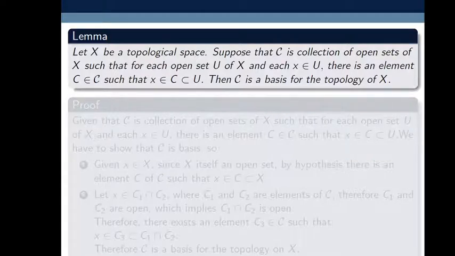If these two conditions are satisfied by script B, then we say that script B is a basis. So here we have to do the same for script C also.